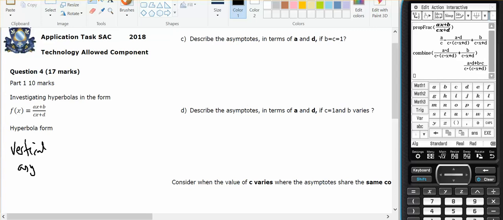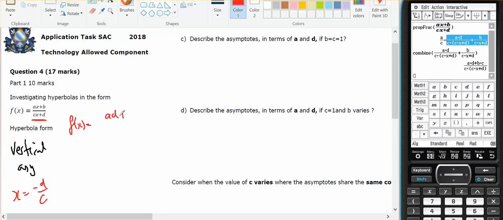This comes from the Mathematical Methods 2018 Tech Allowed SAC question 4, which investigates hyperbolas in this form. So what do I know about that form? Well, I know that from looking at the denominator, my vertical asymptote will be at x equals minus d on c. And if I use prop frac to put it into a proper fraction, and then I just consider the fraction part to combine them, then I know that it also equals